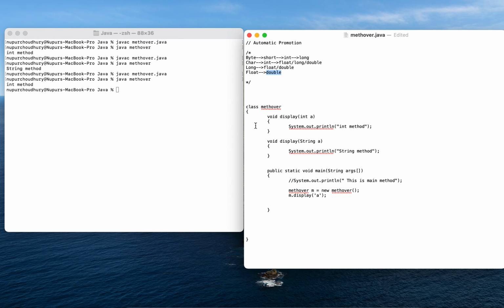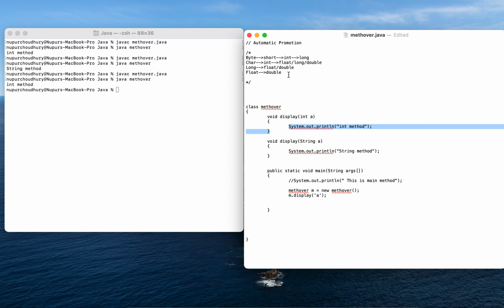So in this particular example, the character a that I am passing is automatically converted to int data type, and this method is called and printed. This is how things work.